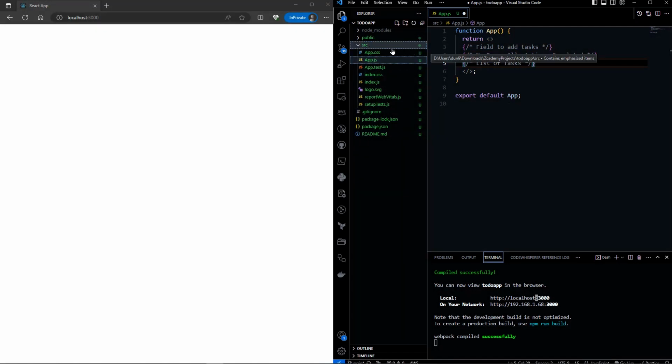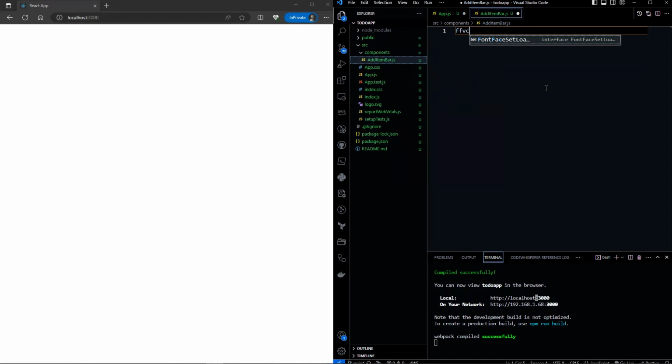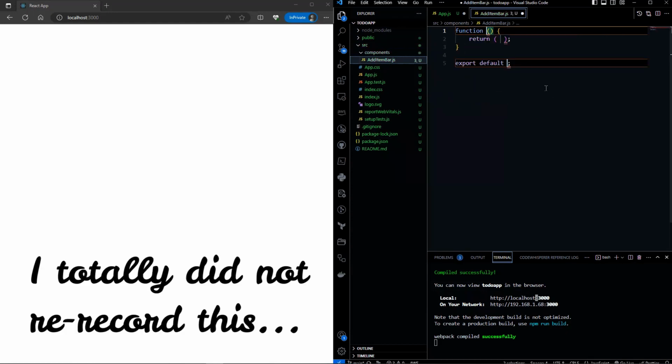Now let's create a folder called components and create a file for each of these components. Let's create an AddItemBar, which is for adding tasks.